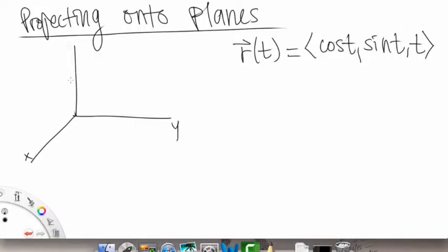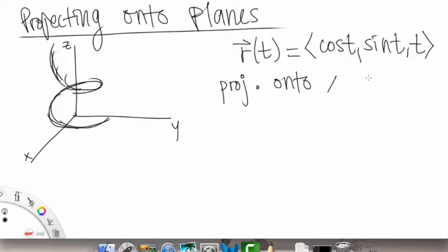So I'll draw a quick sketch here. Here's our x, y, and z axes. And this actually looks like something like this. Okay, it's going to go around and continue on upward. Okay, so something like that. And what we're going to do is project it onto each plane. Okay, so first we're going to do projection